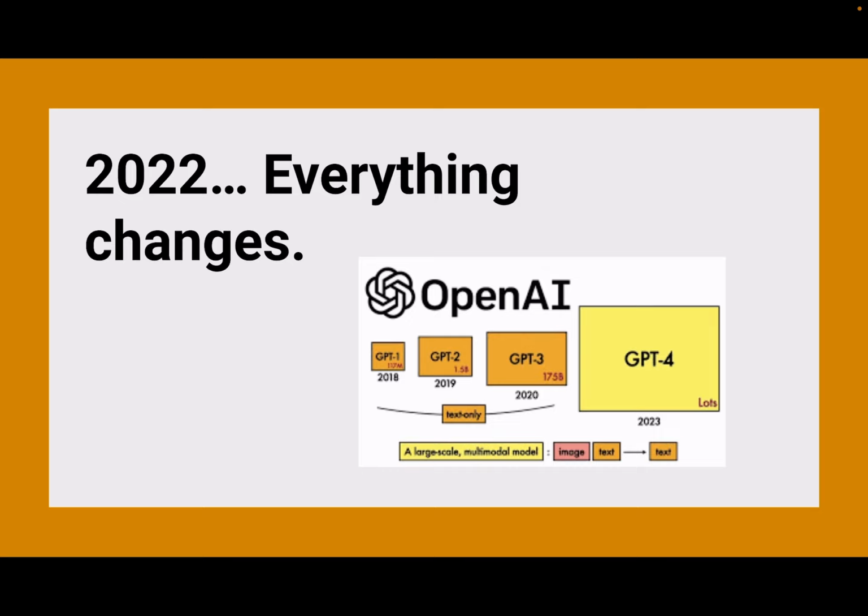In November 2022, OpenAI releases ChatGPT to the world, and that's the story as we're living it right now. So by January, ChatGPT had more than 100 million active users, and we're going to be talking about the timeline, right? Because I want you to see the speed at which the world is changing.